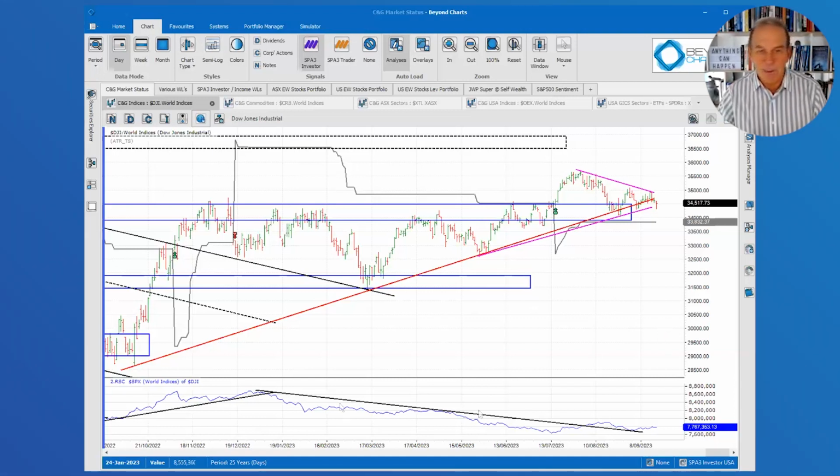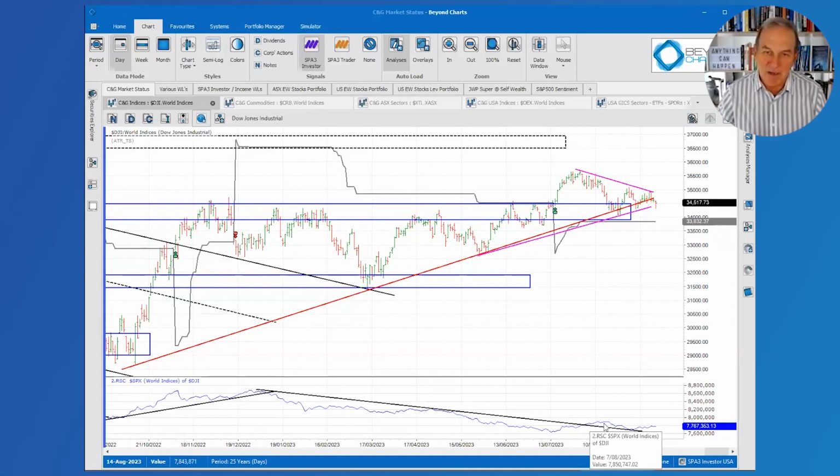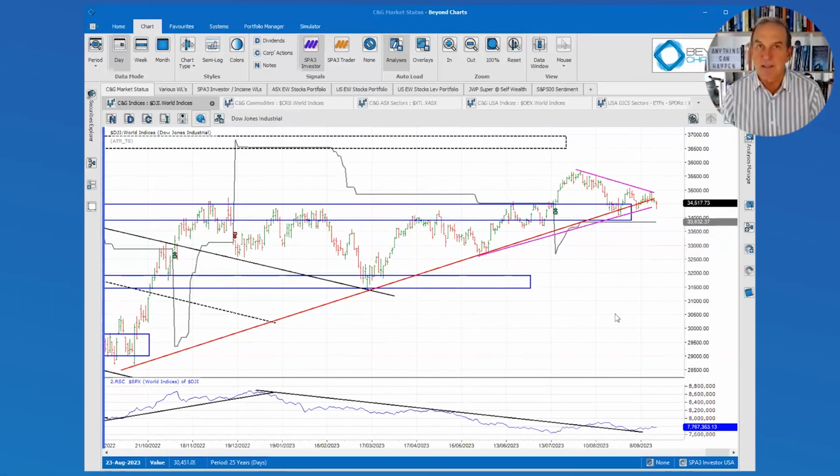The Dow Jones was outperforming the S&P 500, a little bit of outperformance, and now it's underperforming the S&P 500. And typically in a bull market, that's what we'll see: the broader market, the S&P 500, outperforming the Dow. So that's starting to happen. It looks like it's starting to happen in the S&P 500, because that's what I'm comparing this bottom chart to. That's a relative strength chart at the bottom, comparing a ratio between the Dow and the S&P 500.